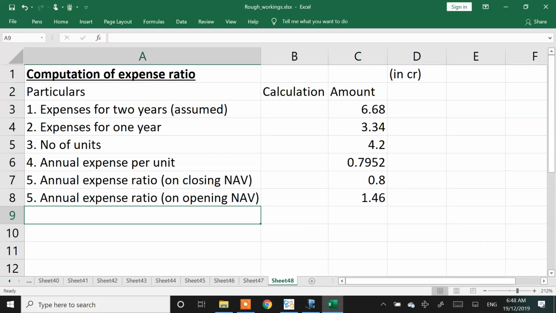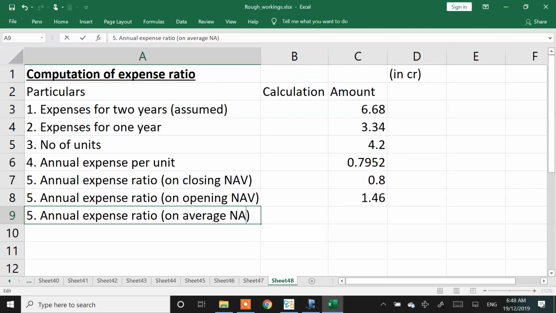Normally, we prefer doing it on average. ICAI has not given any problem on expense ratio. So, there is no problem in your material on expense ratio, and they did not give the solution to this. So, I am not sure what they are going to exactly follow, but in the practical world, it is normally on average. So, I am presenting all three possible answers: on closing NAV, on opening NAV,